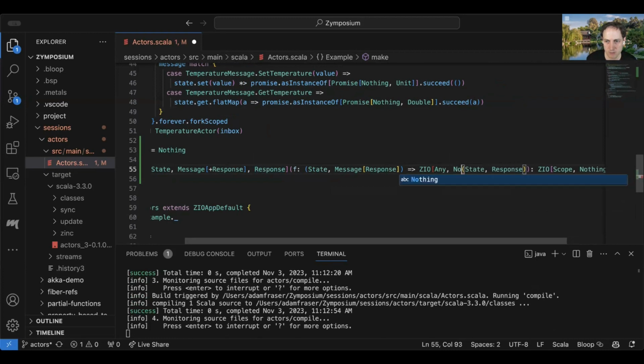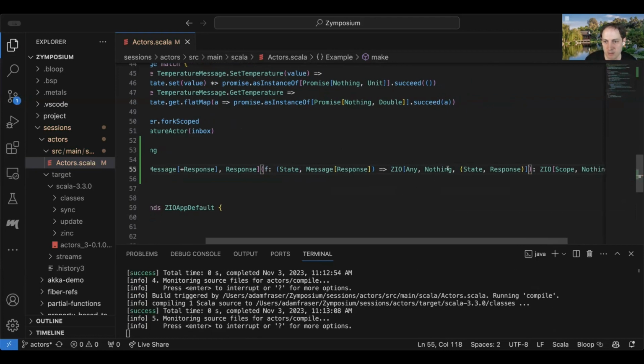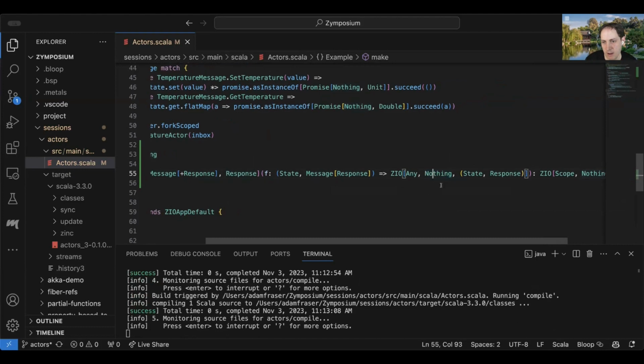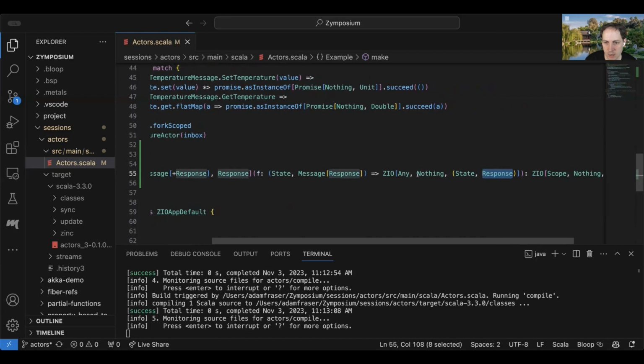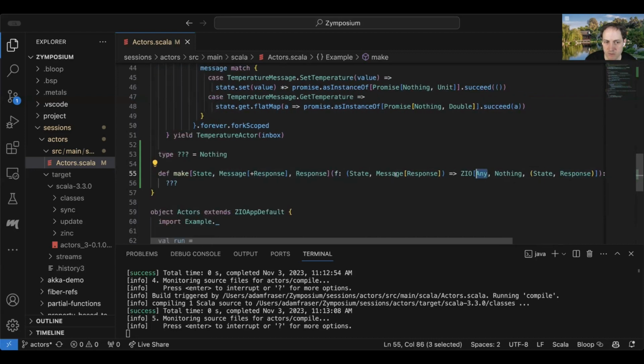So let's make that a ZIO. Right now we're saying this can't fail. It has to express any kind of failure through the response, which I think is maybe okay. We could potentially allow this to have some type of environment. Maybe we can do that now.